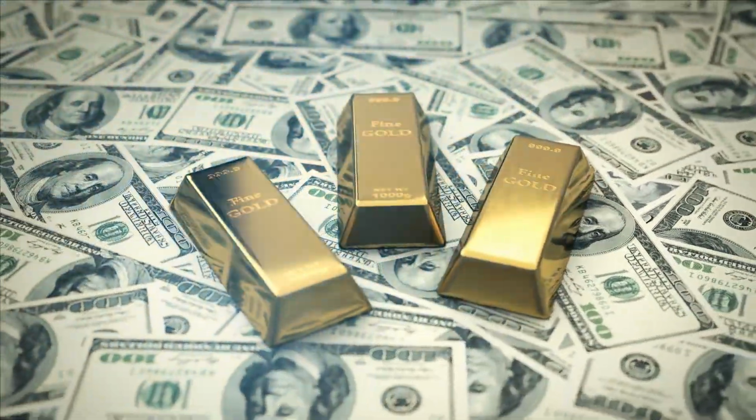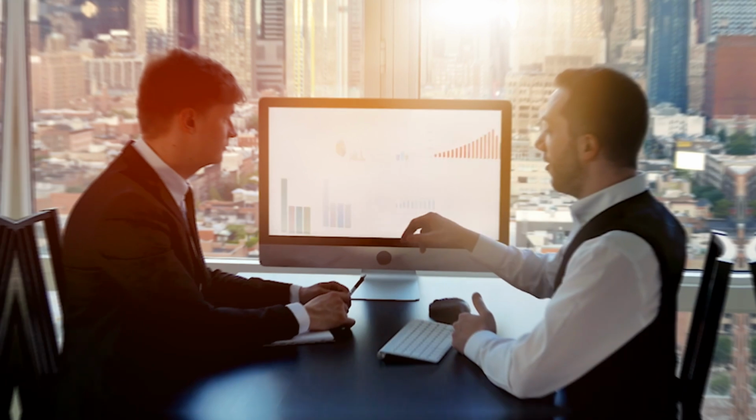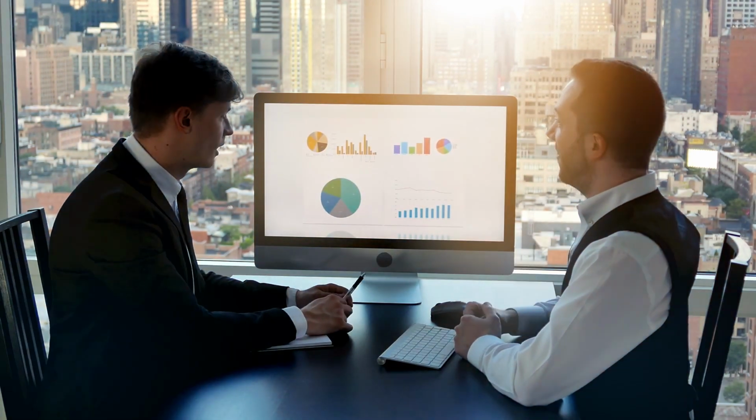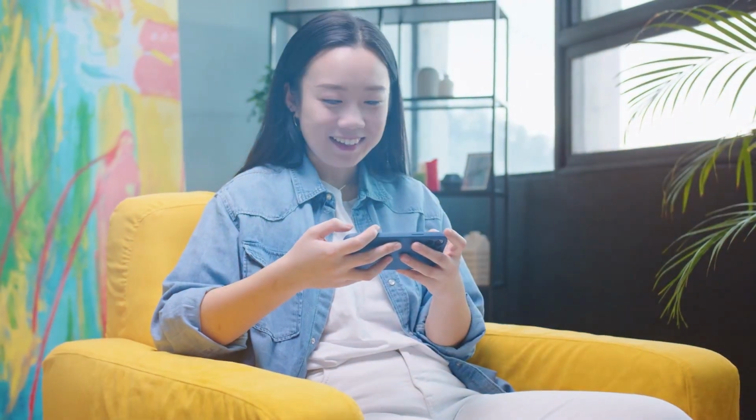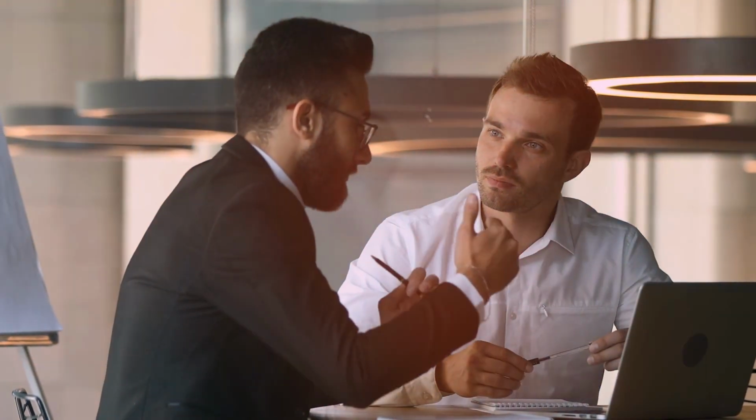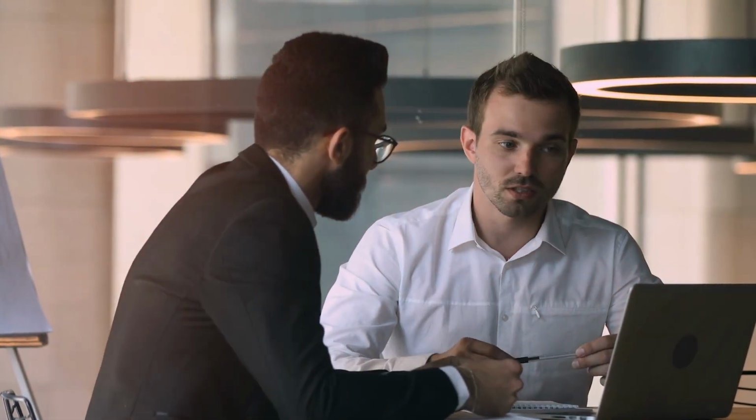Given its remarkable capacity to enhance your wealth, compound interest could be one of the wisest financial decisions you make, and starting it sooner rather than later holds even better advantages. If you're feeling unsure about where to begin, you're in the right place. In today's video, we'll delve into the power of compound interest and highlight the top investments that can help you